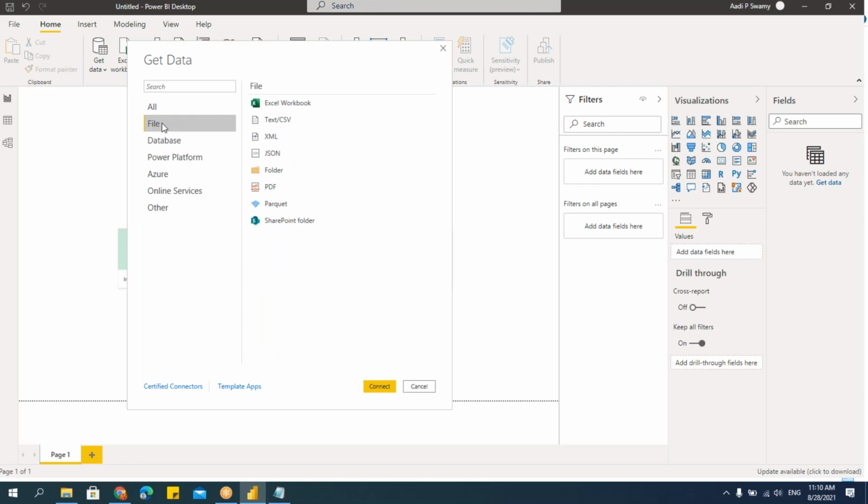I want to import the data. Now I decided that my data is in Excel. When it's in Excel, again I have to think about whether we have different sheets or only one sheet. Now I am importing data from only one workbook.